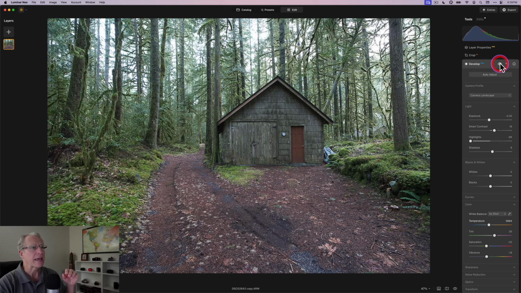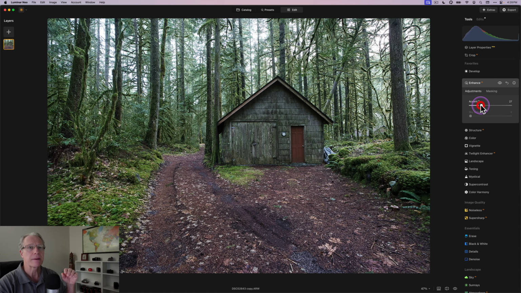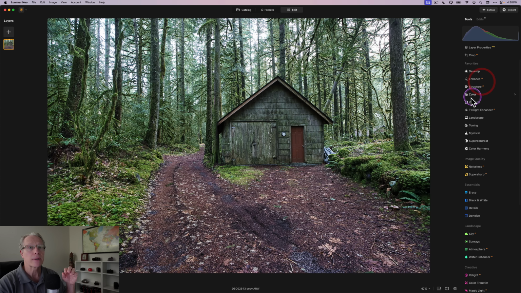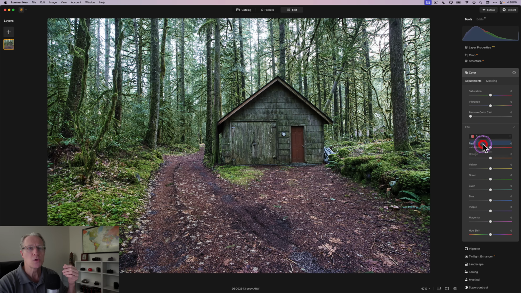So before and after. And again, I'm going to come in and do the kind of things that I like to do to my photos. Maybe I'm going to use a little accent AI. Maybe what I want to do is play with these colors a little bit. So let's come into the hue and I want to create more of a fall look, which by the way,